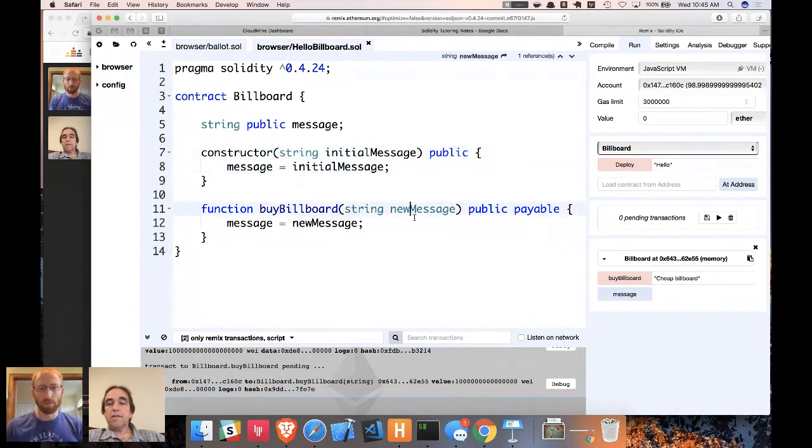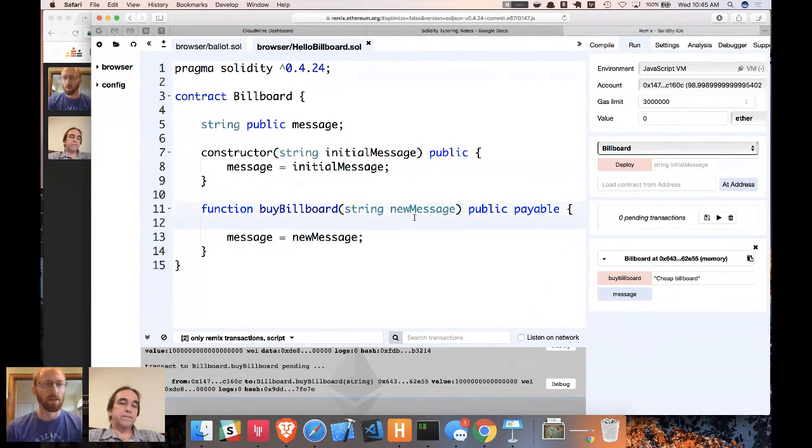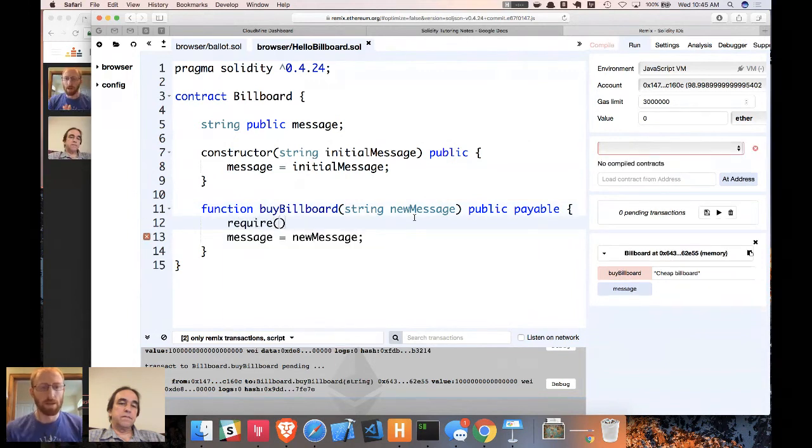So we want to put something in our contract that only allows them to update the billboard if they pay what we've decided is an equitable fee. So there's a statement in Solidity called a require statement. So I'm going to say require that, so